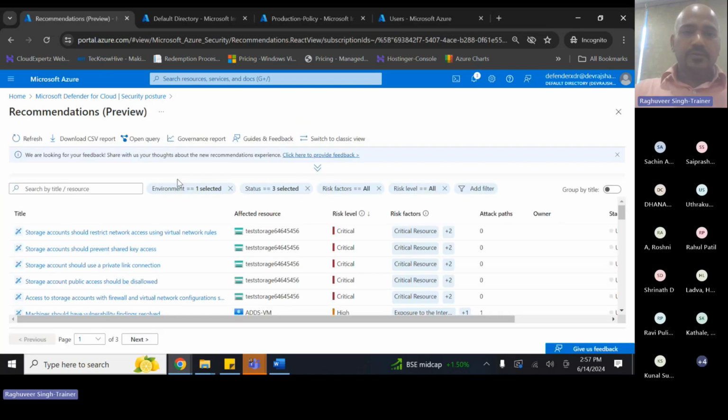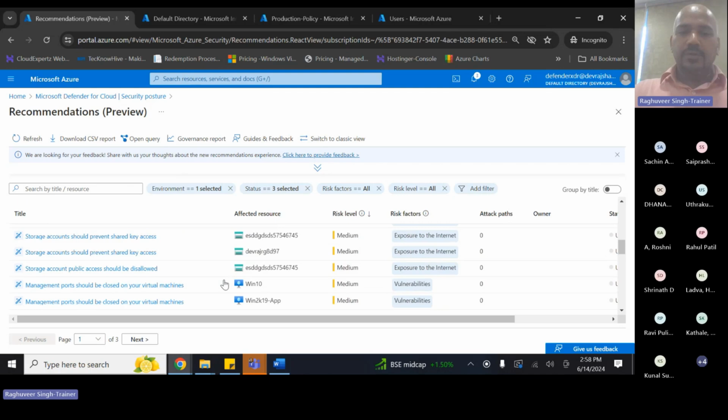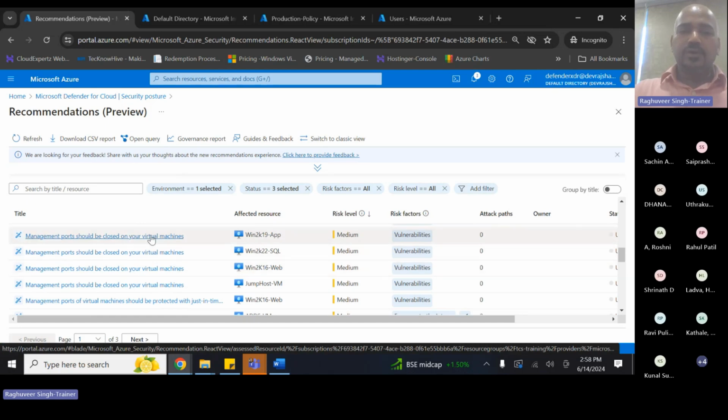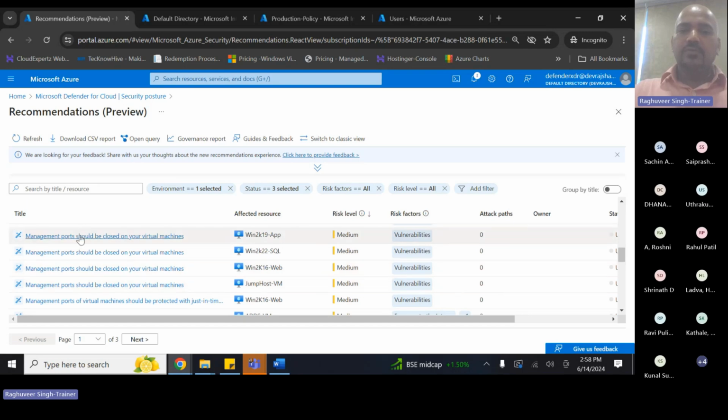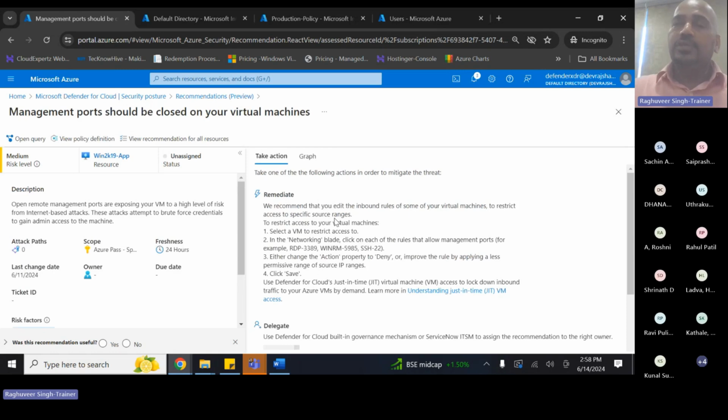So let's go back to the recommendation once again, and let's pick up a recommendation for another VM. I'll pick up a recommendation for a VM that I'm currently logged in to, let's say Windows 2019, which is currently in running state. For example, I have this recommendation which says management port should be closed on your VM. Now it's a common recommendation for all the VMs. Why? Because all my VMs are accepting traffic on port 3389 from the internet, which is a vulnerability,